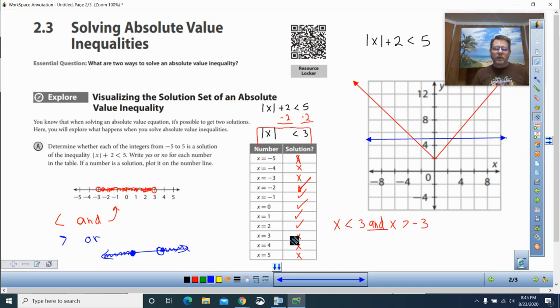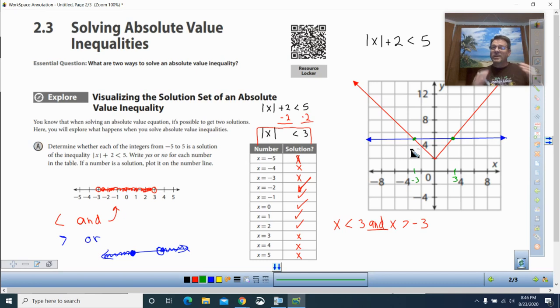And look at what happens here. Where do they cross? They cross right here and right here, don't they? What numbers are those? Well, that's -3 and that's +3. Huh, isn't that interesting? So what you could do is just stick with this guy right here,